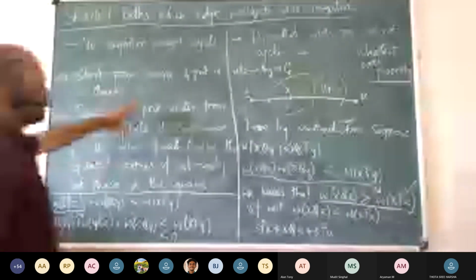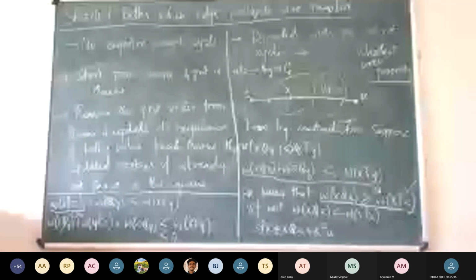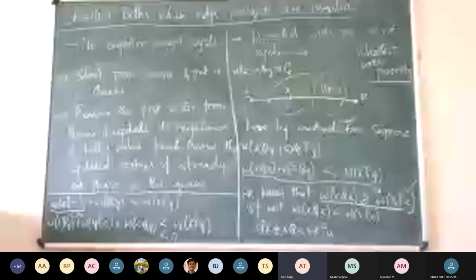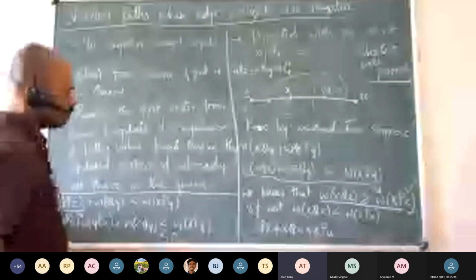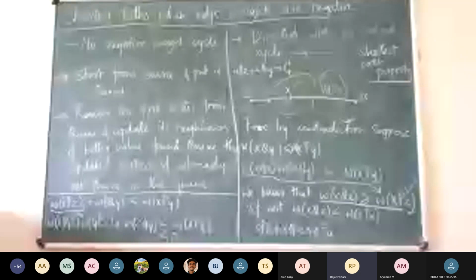Okay, so you can go back and look at the way we proved this. I think that we used the shortest path property. That shortest path property we have proved even when there are negative weight edges, but no negative weight cycles. But we'll have to prove the termination of the algorithm. In the previous one, I said that at least one of them will have the minimum weight defined, that won't enter the queue again.